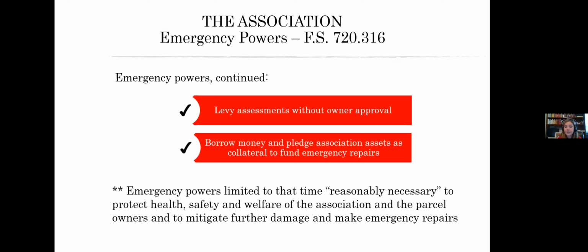Never forget that banks are fairly interested in loaning money to associations. If you have a project, a lot of my associations get very leery of this, and it may not be something you're interested in. That may not be something you want to do, but people don't think, oh, I could go get a loan for this and repay it with a special assessment or an assessment instead of doing a giant special assessment. So I want to make sure you know that's available to you.